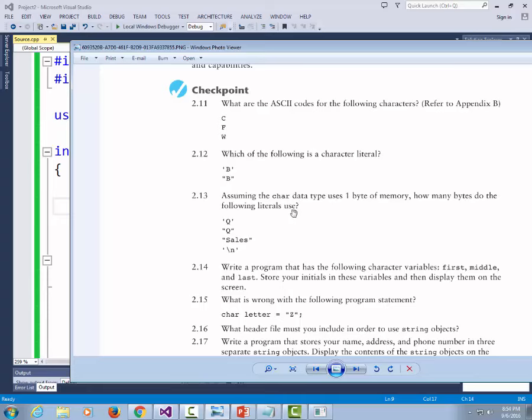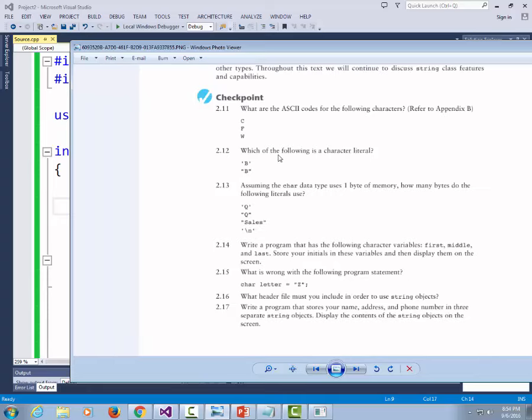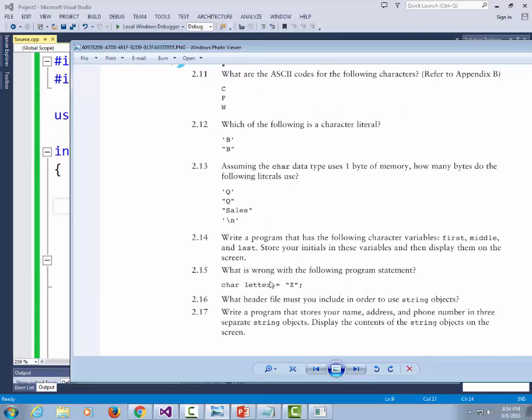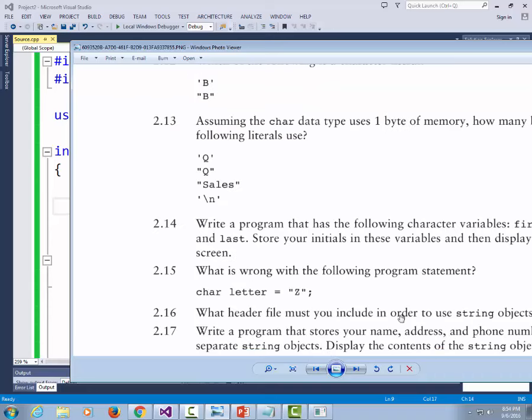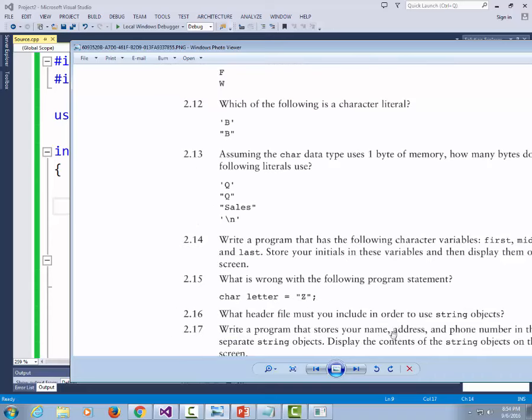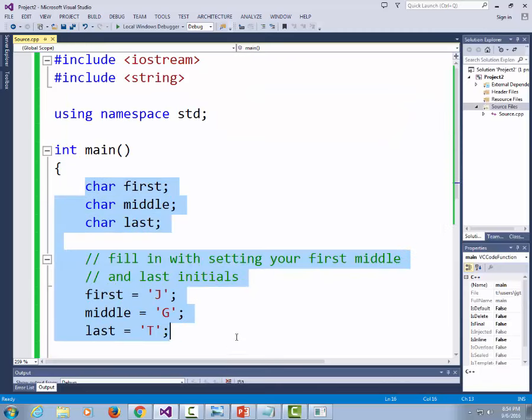Alrighty, next question. What is wrong with the following statement? Why would this be a syntax error? Yeah. And what header file must you use in order to use string objects? String. Yeah. Write a program that stores your name, address, and phone number in separate strings and then display those on screen. So just delete what you did here, or you can tack it on. I don't care what you do, but the definition of the problem is,